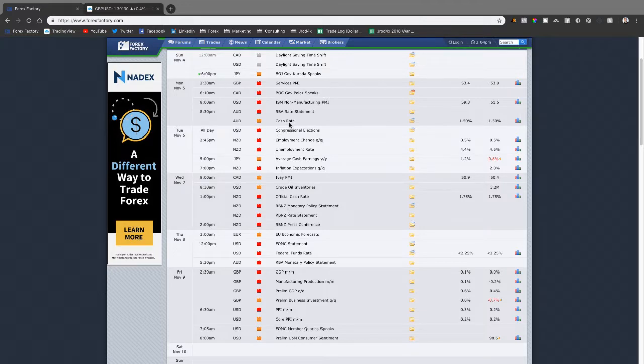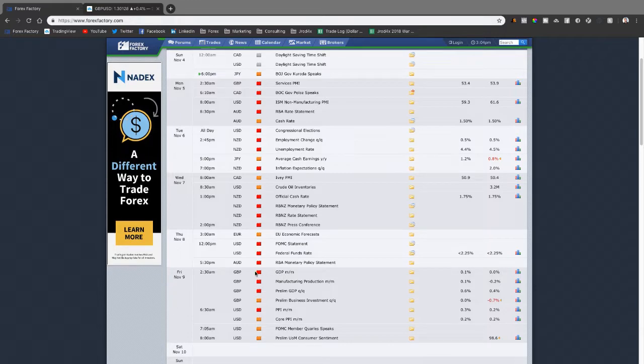Something I want to point out is that we have the elections on Tuesday, and we also have FOMC on Thursday. We had NFP last week, and we have FOMC this week, so we just happen to have these weeks back to back. It's going to be one of those weeks where we're not looking for huge expectations. I'm going to be focused on the highest probability setup, which in my opinion, looking at the news events, will be either Monday, Wednesday, or Friday.